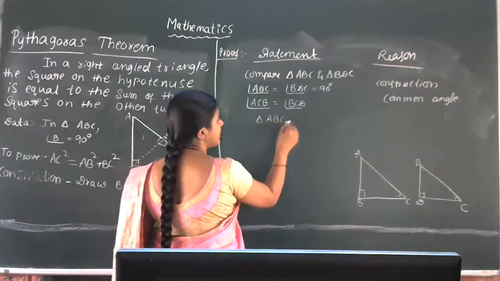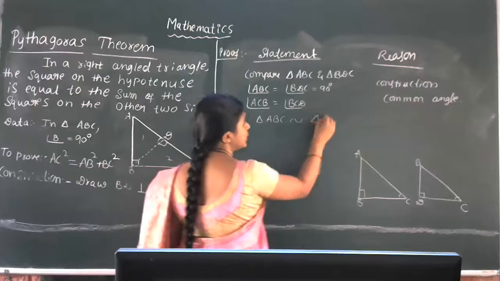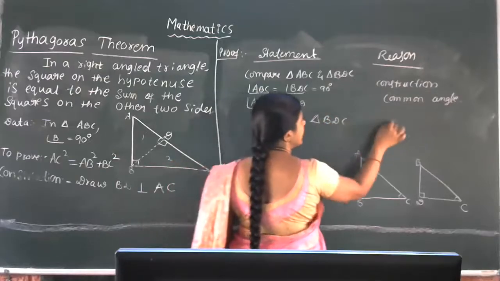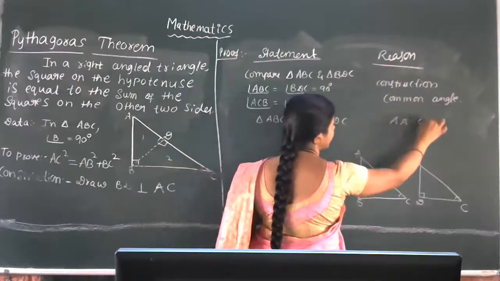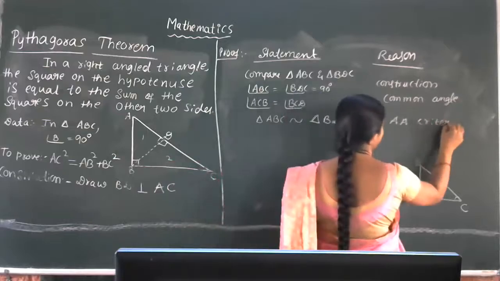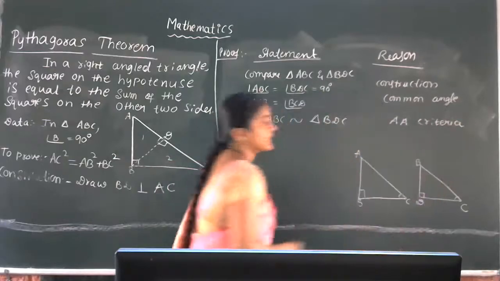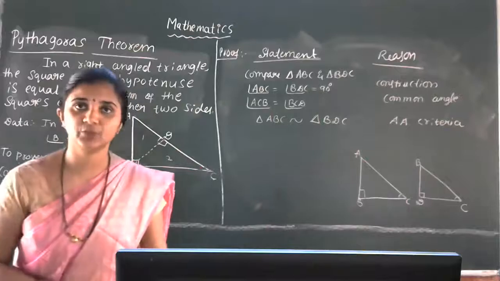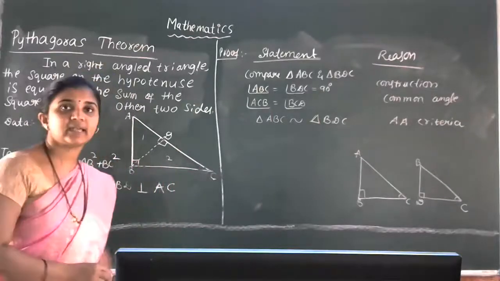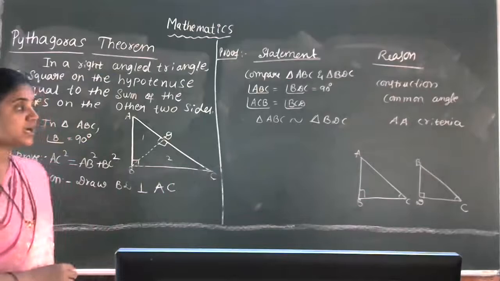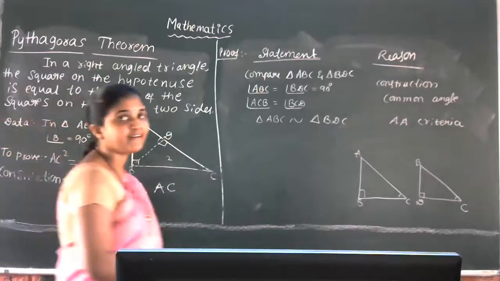Adding equation 1 and 2. Yeah, we have to add. If we add equation 1 and 2, we can reach this proof. Okay, so can I rub the board, students? So just keep this equation 2 with you. I'll ask now. Okay, equation 2 is BC square is equal to AC into DC.